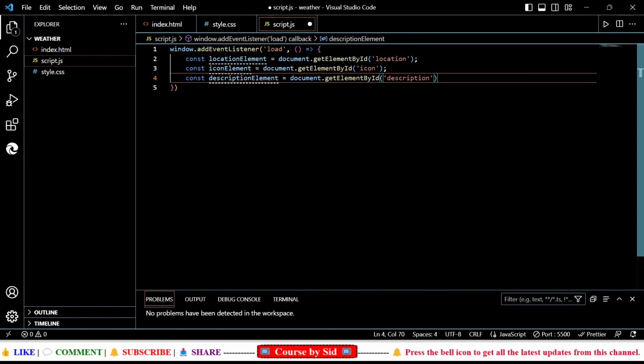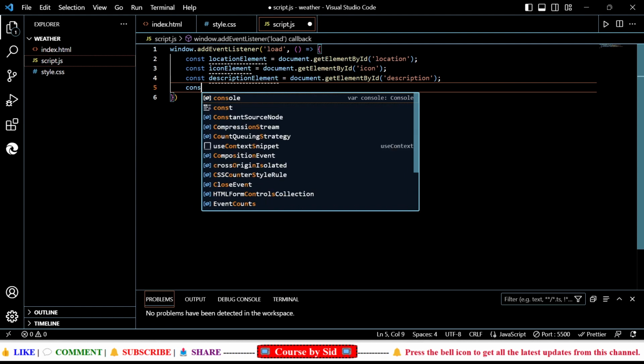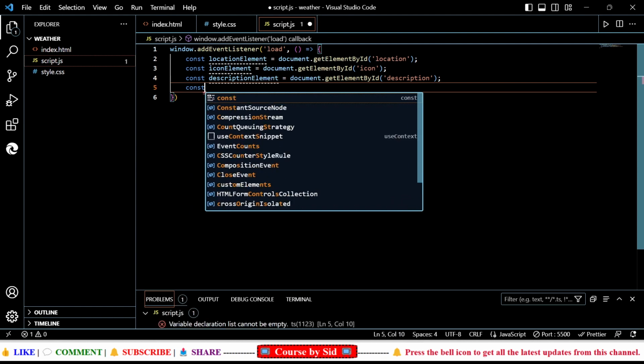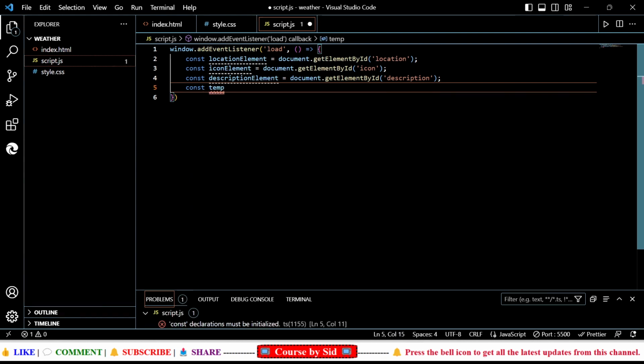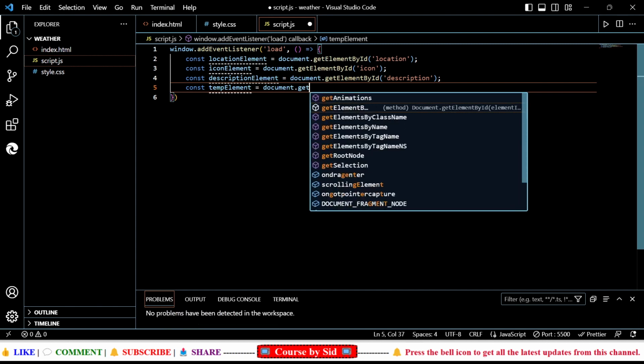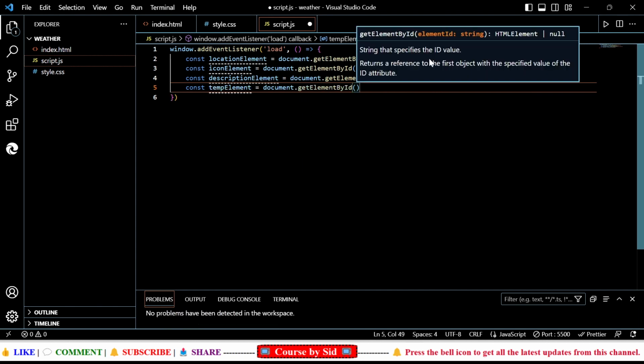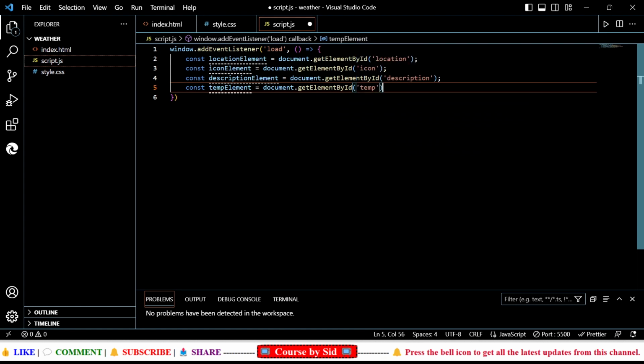This id we have used over there, and then we'll write const tempElement, and here also I'll write document.getElementById, and then I'll write temp, which we have used in the index.html file,